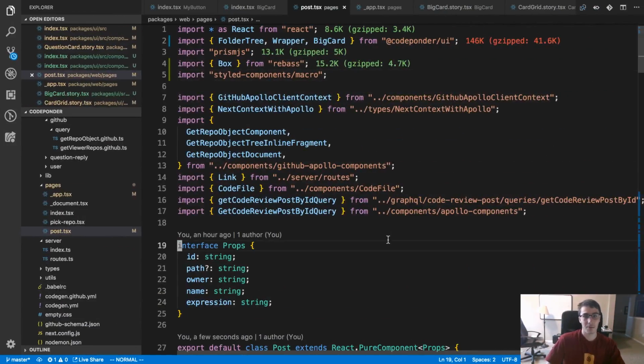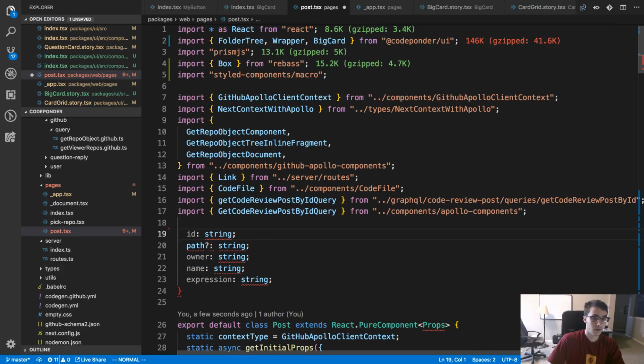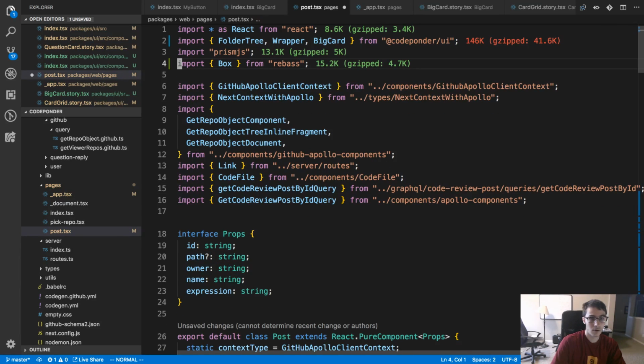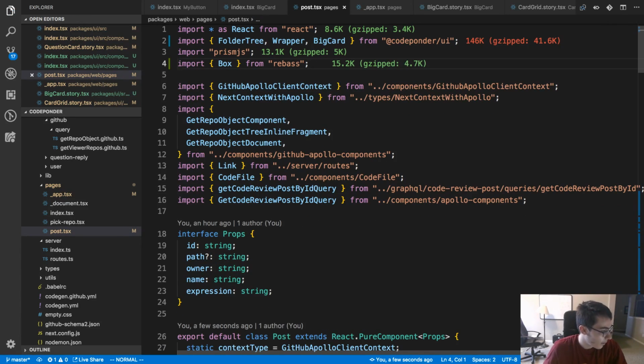Alright, something's messed up. Let's not worry about the macro. Alright, so what did you say to do? Then you can do style.boxspace.